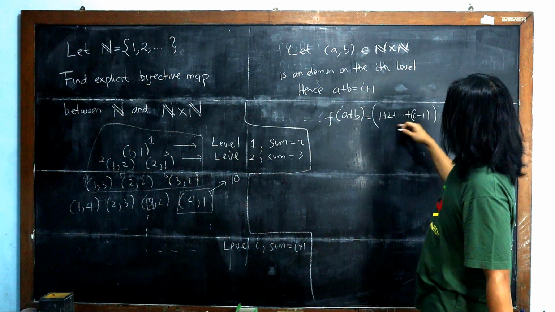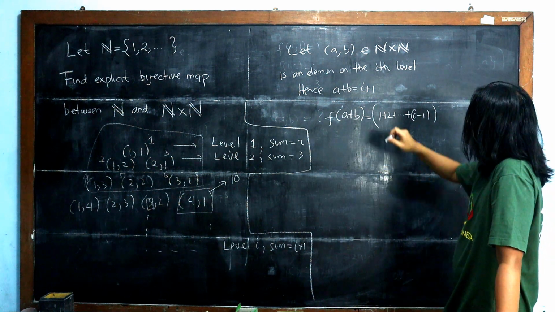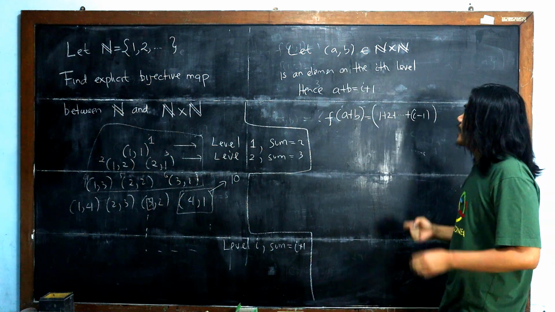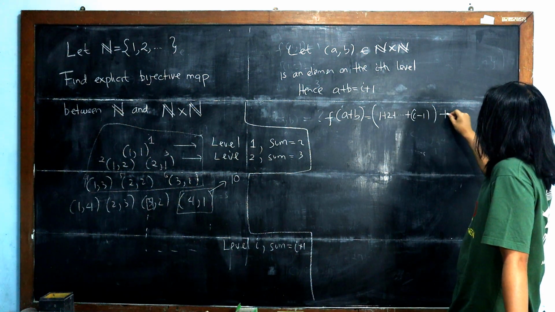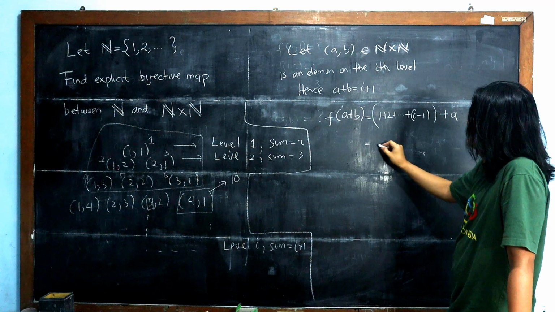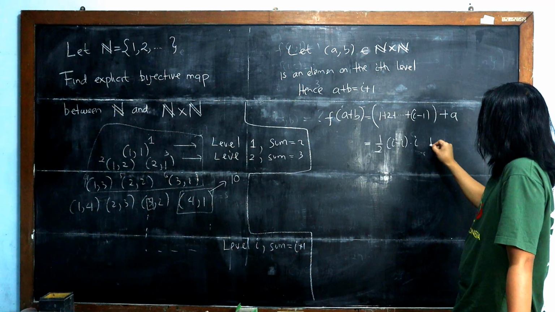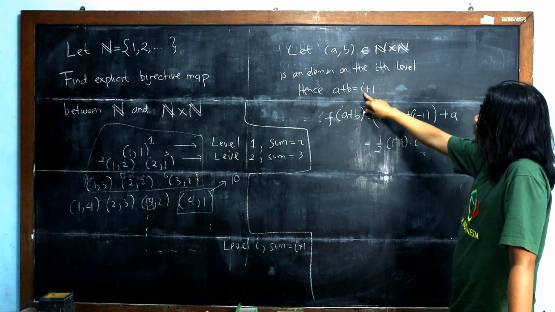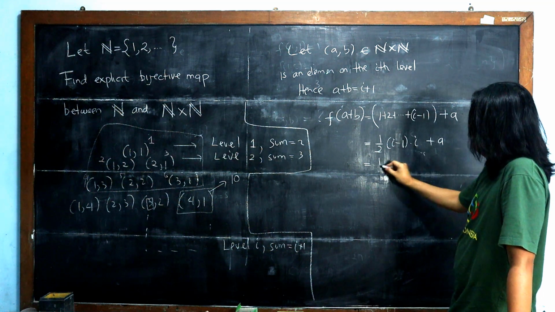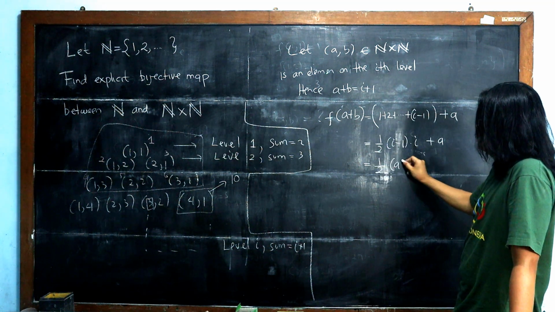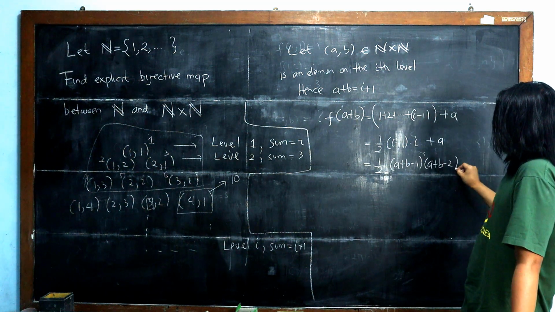That these are the number of elements on the previous levels. And then this (a, b) is the bth member of the number in the ith level. So this plus b, which means we have half of (i minus 1) times i plus b. But i is exactly a plus b minus 1, so this is i minus 1. So we have 1/2 (a plus b minus 1) times (a plus b minus 2) plus